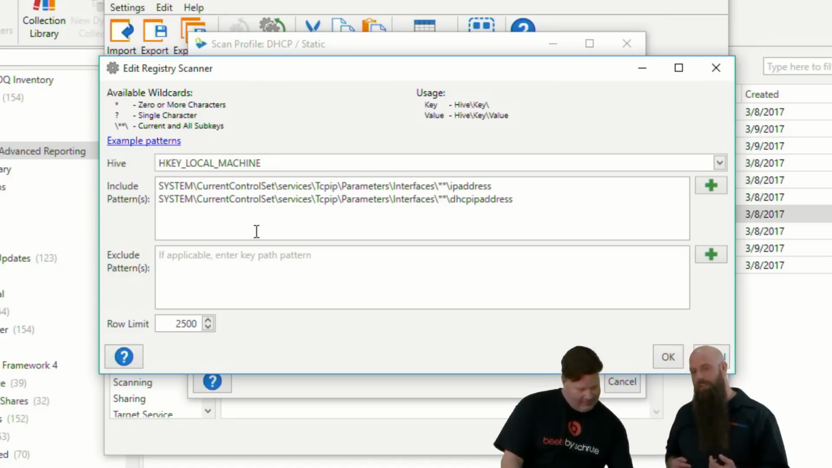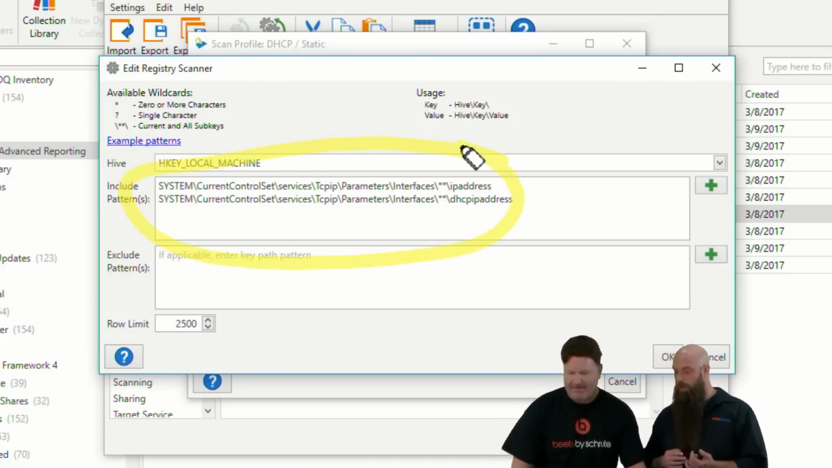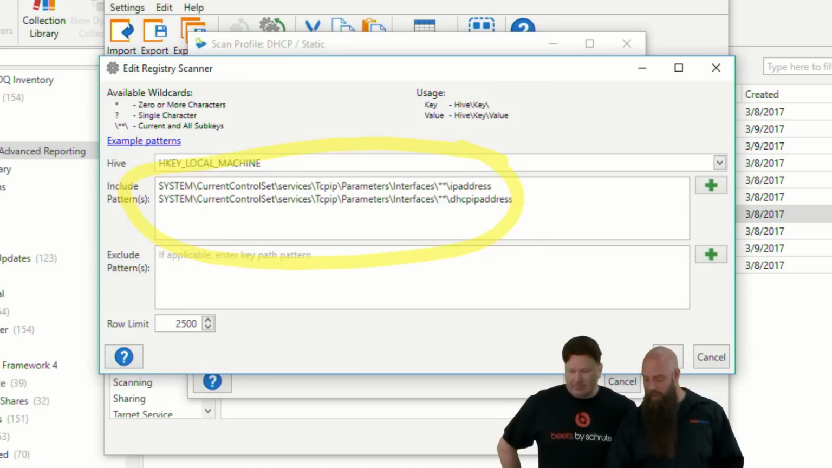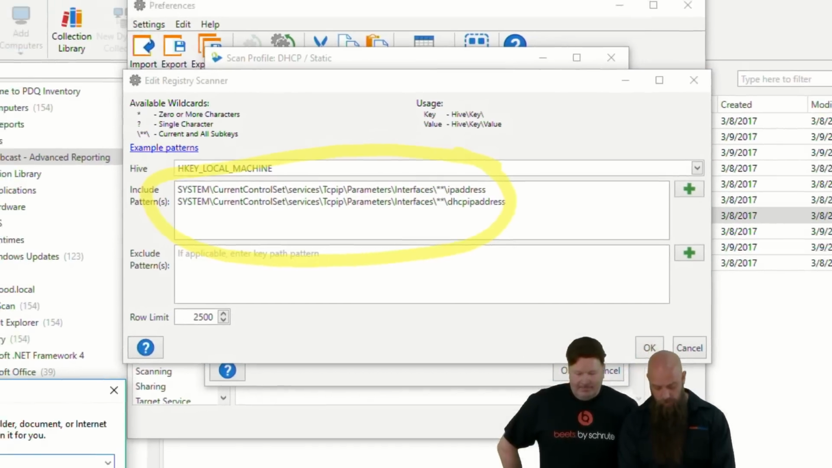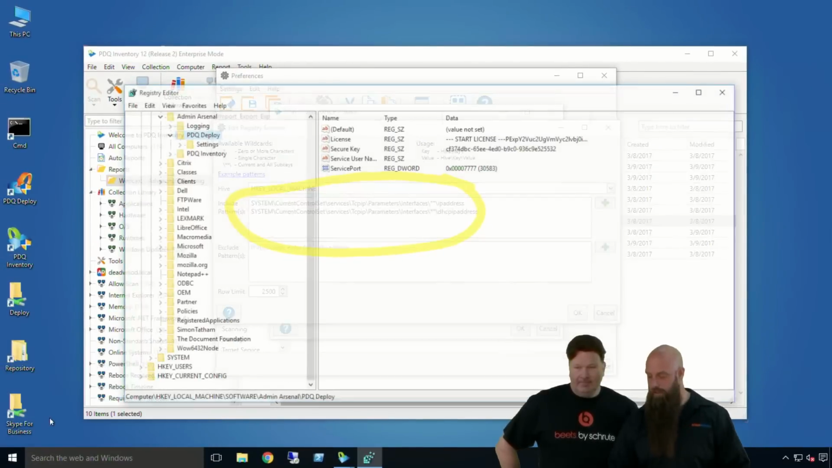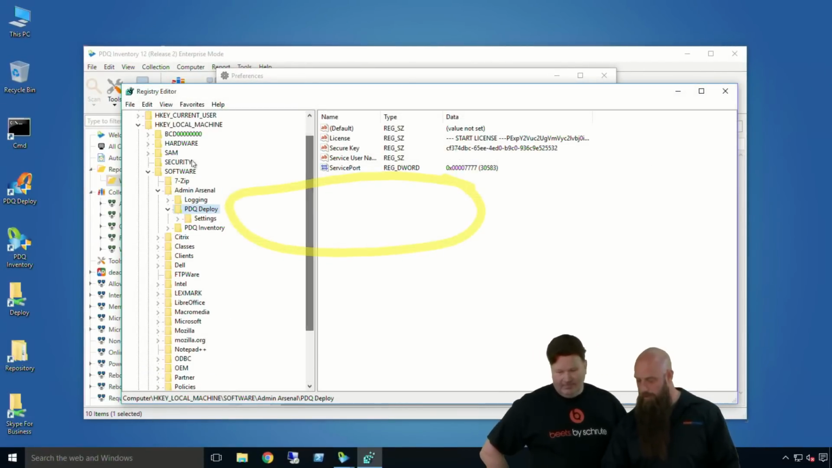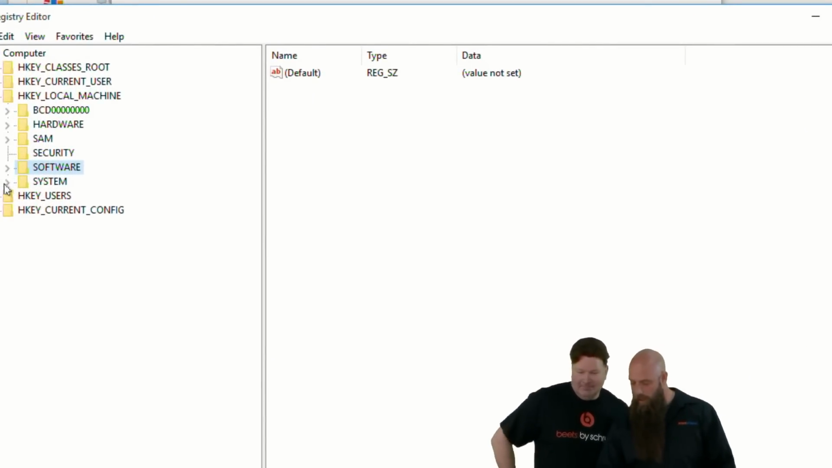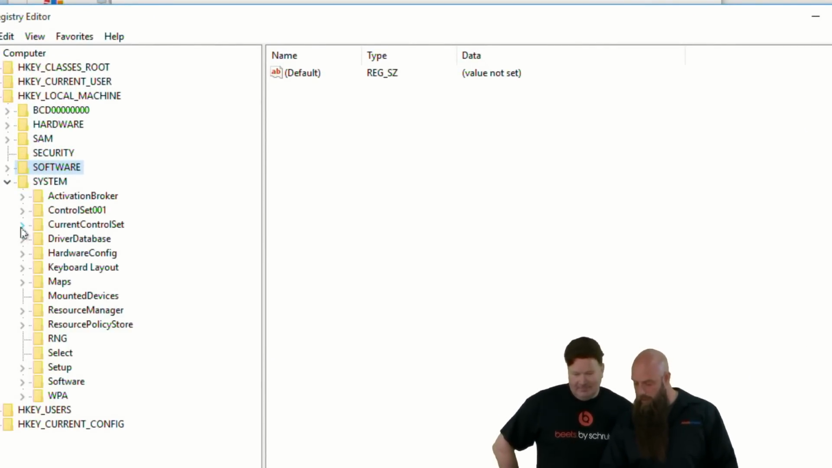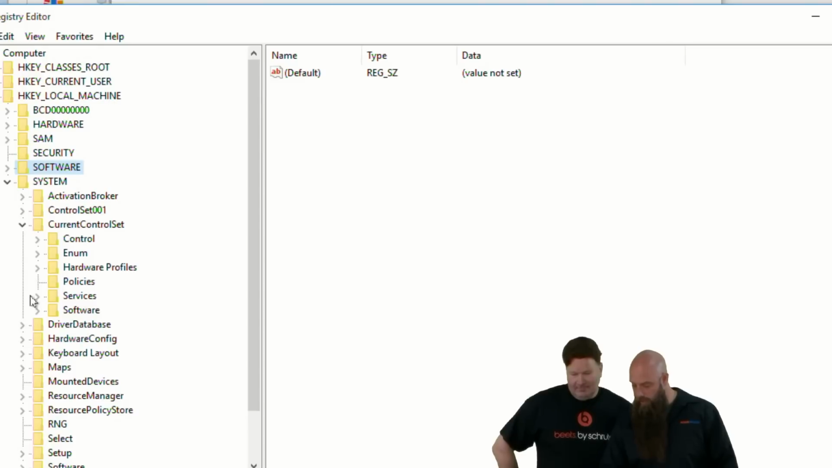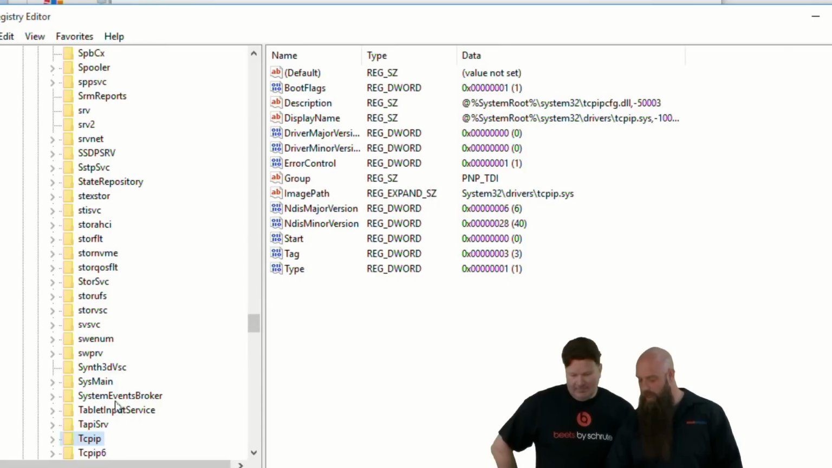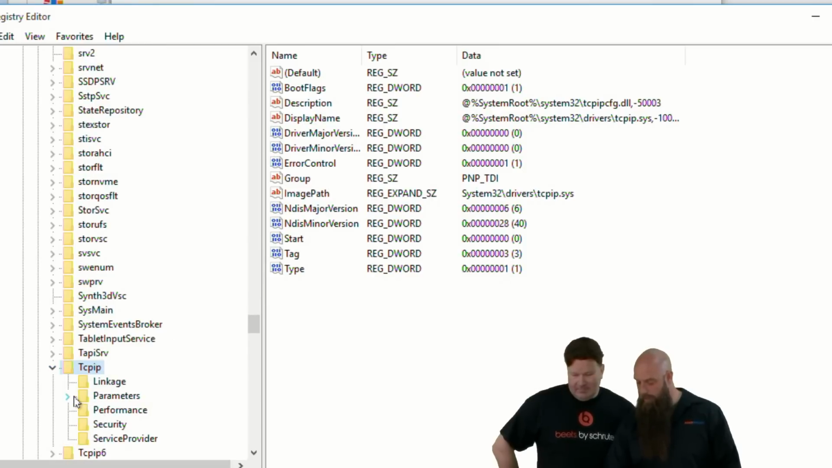We'll circle in HKEY local machine Hive, we're going system, the current control set, services, TCP/IP. Obviously, you're going to want to always have a cheat sheet going here. Just go to the registry and find out exactly what we're looking for. So we're looking at HKEY local machine, system, current control set, services, TCP/IP, parameters,